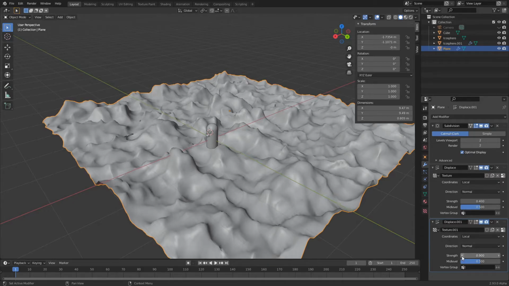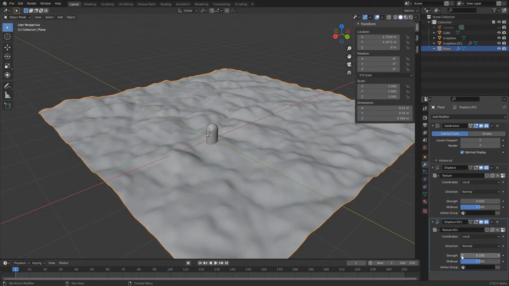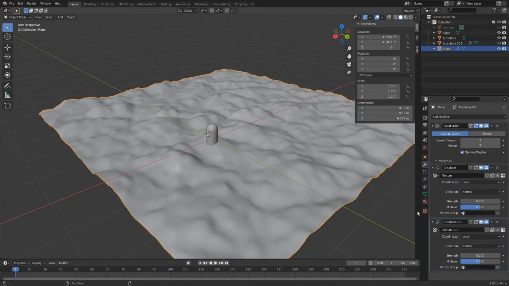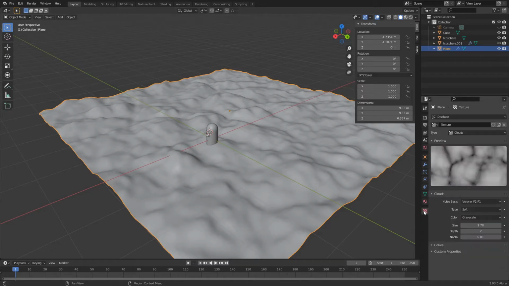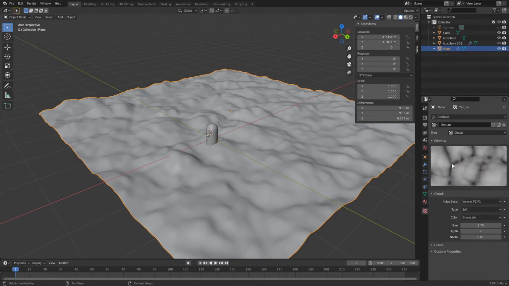We will already turn it way down. Go to the texture properties, and that's the texture. We need to use texture 001, so we're changing it